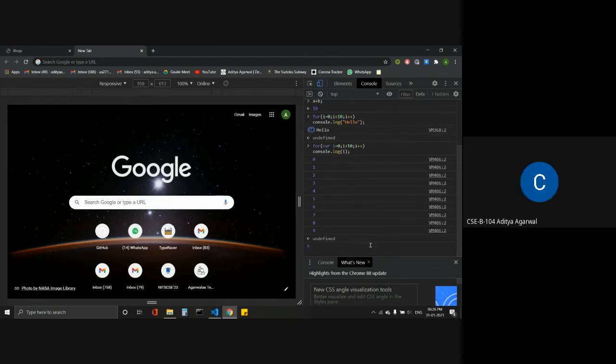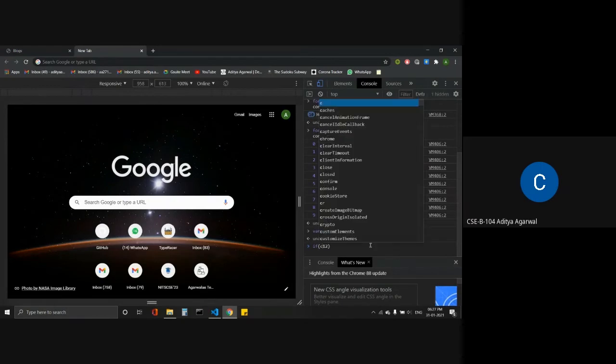The syntax for conditional statements is also the same as in the C language. Let's suppose we declare var c is equals to 12, and if c is double equal to 12.